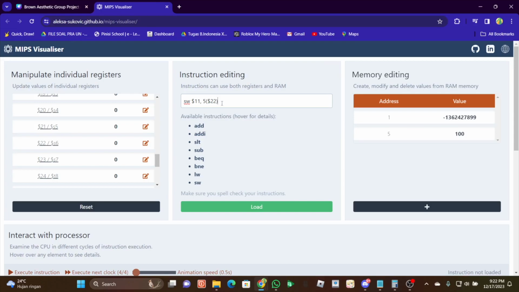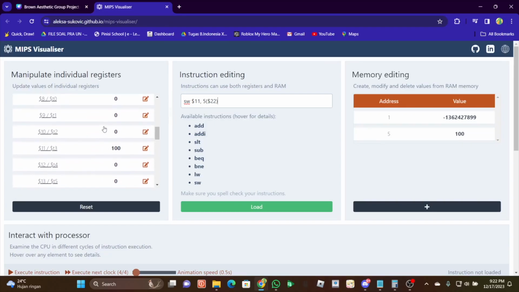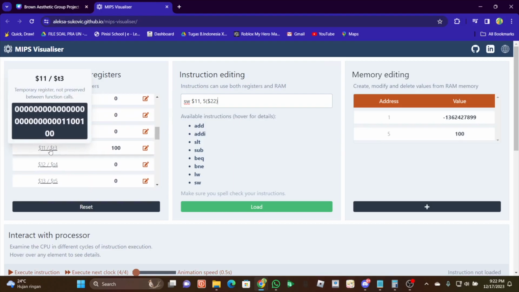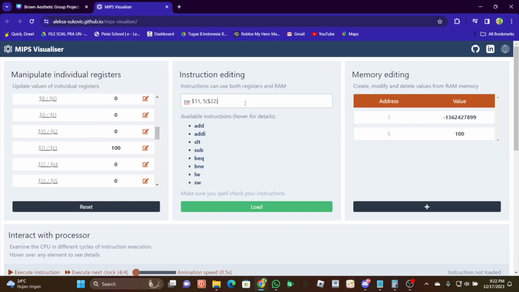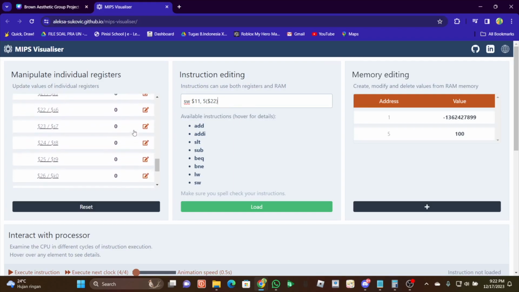So the target address is 5. Then as you can see, the value at address 5 is 100, same as address 11 in the register.